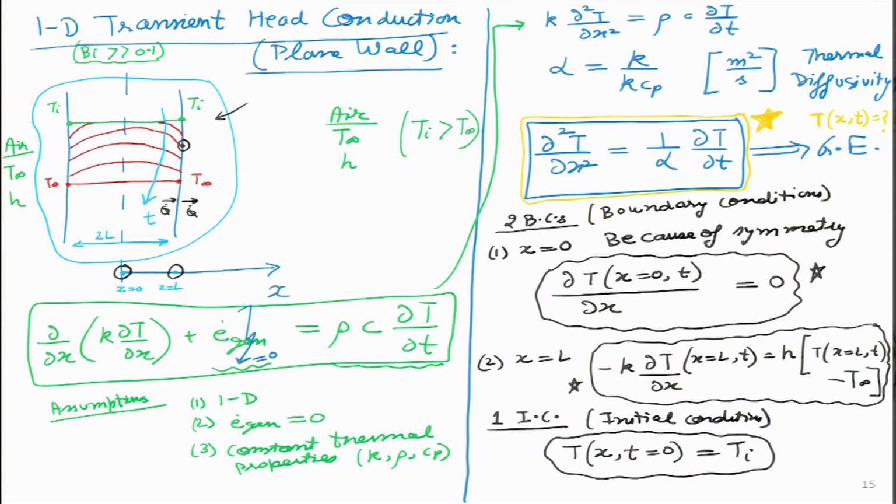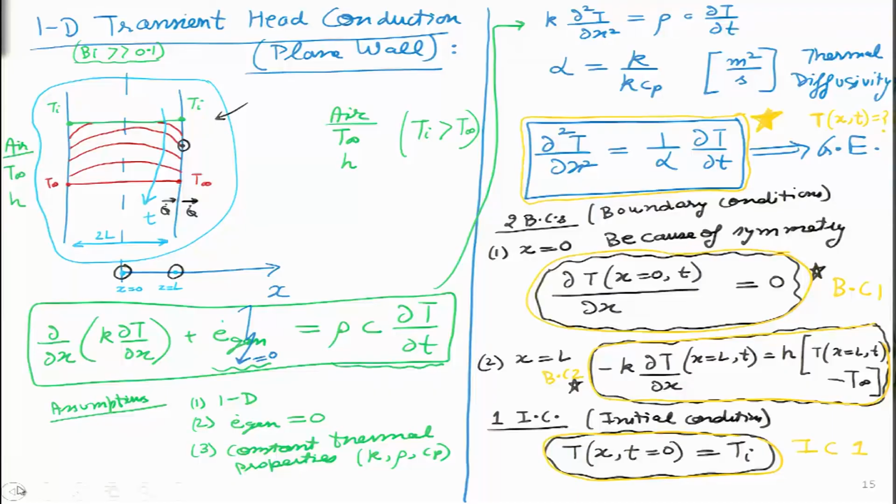So this governing equation I want to solve keeping these 2 boundary conditions in mind. This is my boundary condition 1, BC1, and this is my boundary condition 2, BC2. And also keeping the initial condition in mind. So this is my IC1. So these are the very important 4 equations that will be used to figure out simply what is temperature as a function of distance, what is the spatial distribution of temperature as a function of time. So I am repeating it just because this is the most important thing that we want to do.